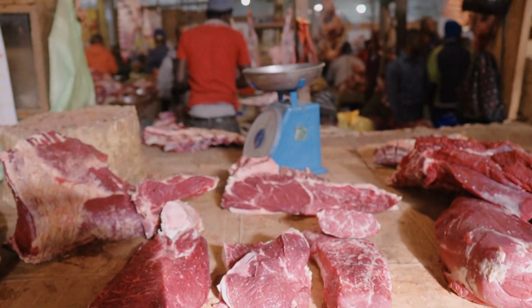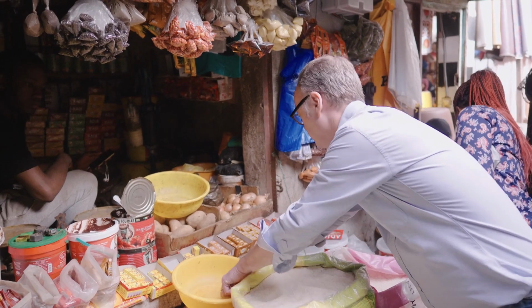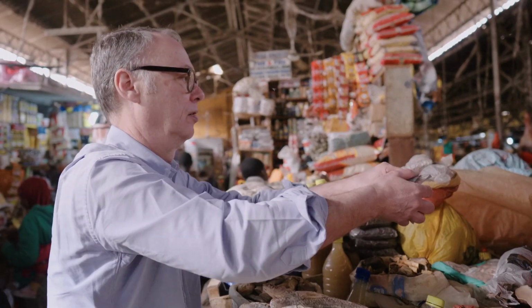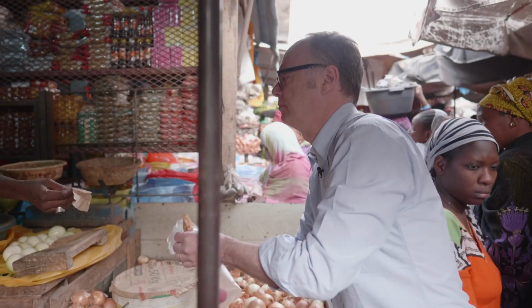Welcome to downtown Dakar. This is the Tallinn market. It is the most amazing place I've ever seen in my life. Fresh fish, smoked fish, avocado, mango, parsley, garlic, scotch bonnet peppers, almost anything you want, rice, grains, etc., etc. We're going to do a little bit of shopping here, and then we're going to bring all those ingredients to